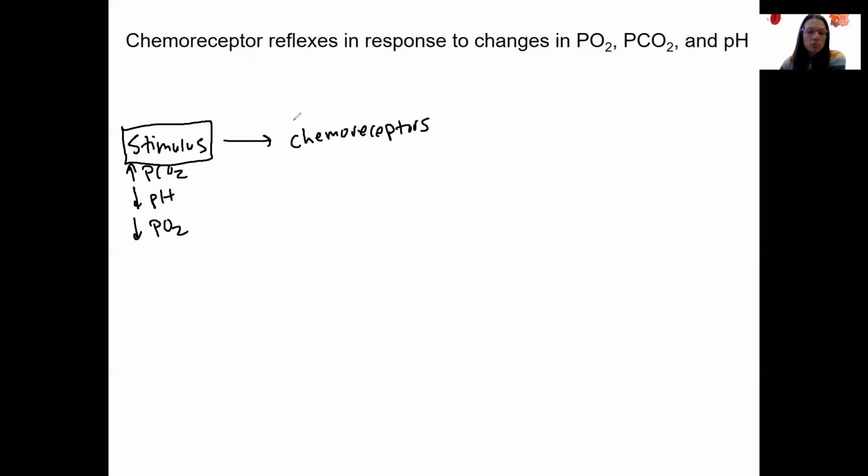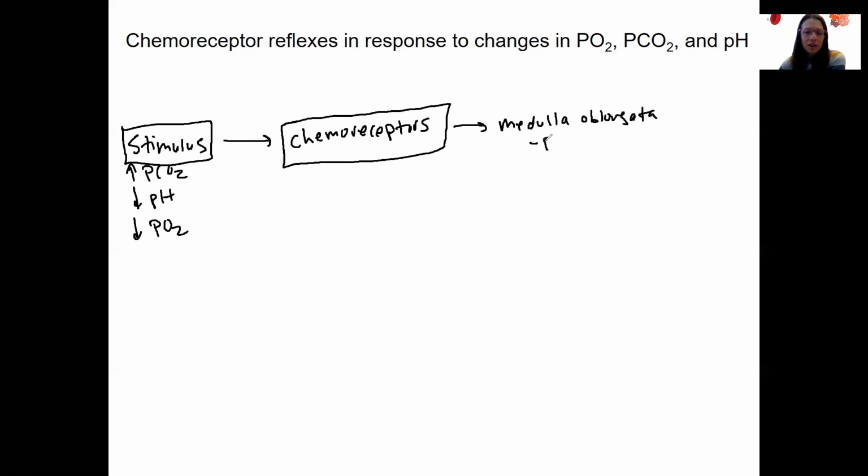These chemoreceptors could be located in the aortic arch, carotid body, or medulla oblongata, central or peripheral. Either way, this signal is going to be transmitted to the medulla oblongata. Where in the medulla? Well, our respiratory center,